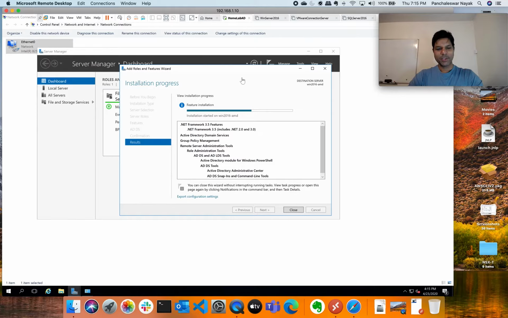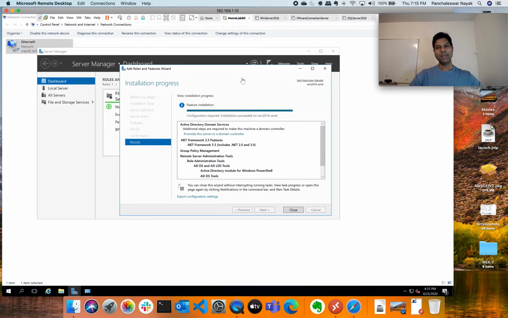And I just wanted to tell that after this, we are going to install the MS SQL Server 2016 as well. So that will be required. Another function that will be required is this database server, and that server will be required by the connection server. So VMware has a connection server which will be required. So once these three functions are installed, AD server, MS SQL, and the VMware connection server, then we'll configure all